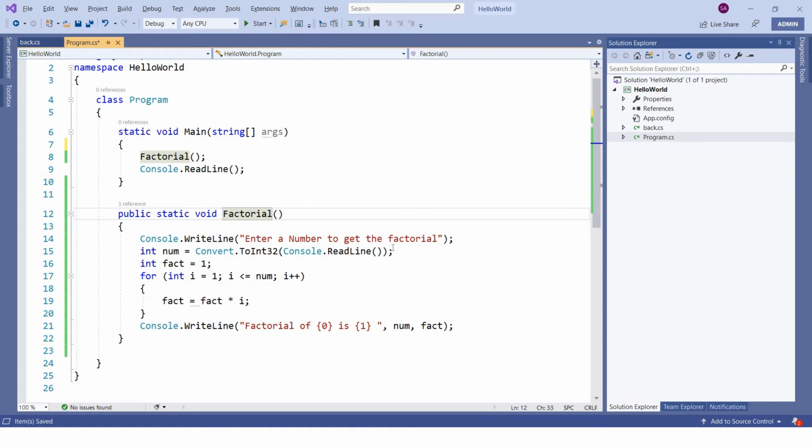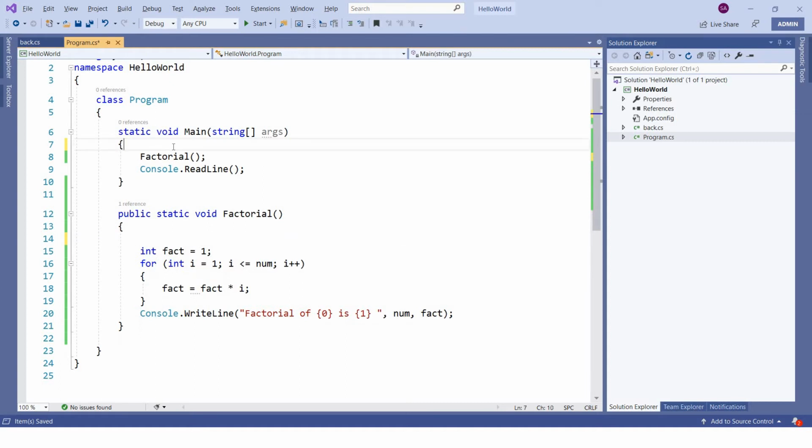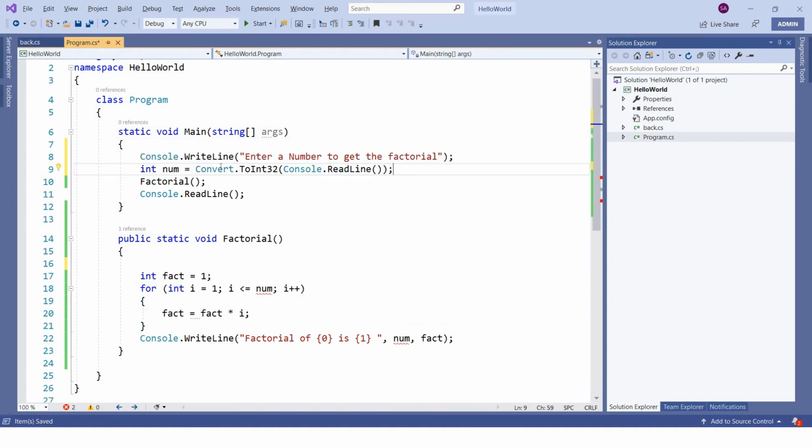So instead of getting the input from the user inside the function itself, we'll have that here. The main itself will ask the user to enter the number, then we have to find a way through which we can pass this number to the function. And how do we do that? That is using the parameter or the argument that we can give to this particular function. So let's say the argument that I am getting is num. Okay, so the same num we'll pass here.